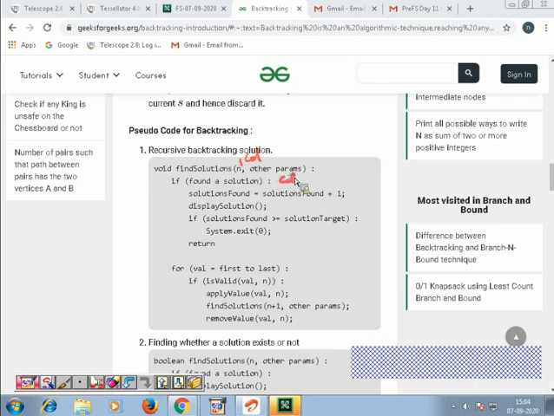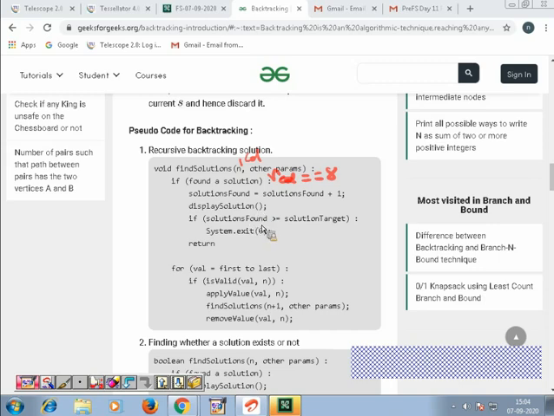If you are doing with 8, if you say n equal 8, you are solving for the nth column, let's say. If n equal 8, we'll say found a solution. So your condition for finding a solution is 8. Then solution found, if somebody is asking you to keep track of how many solutions are possible, solution found +1,